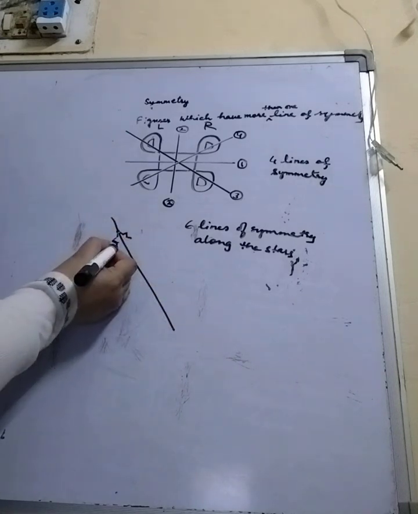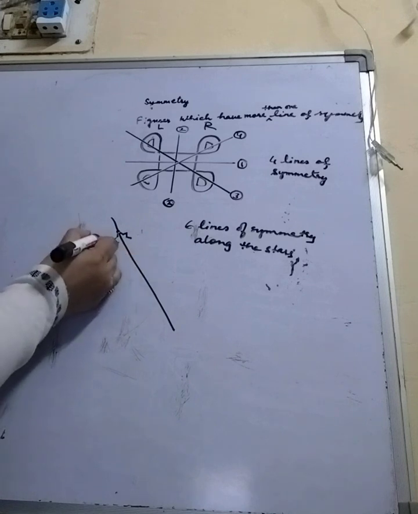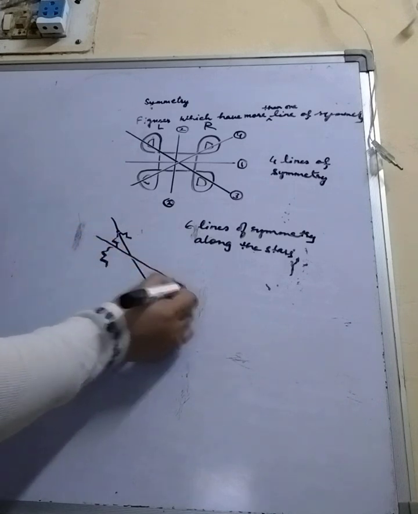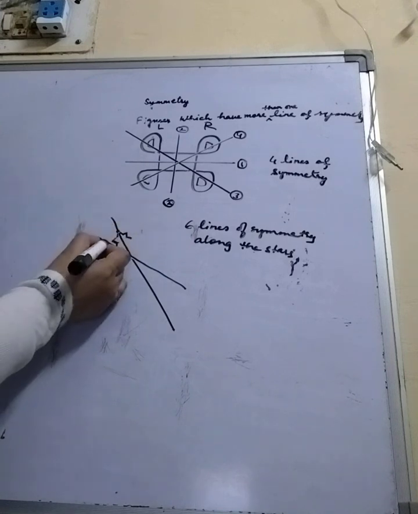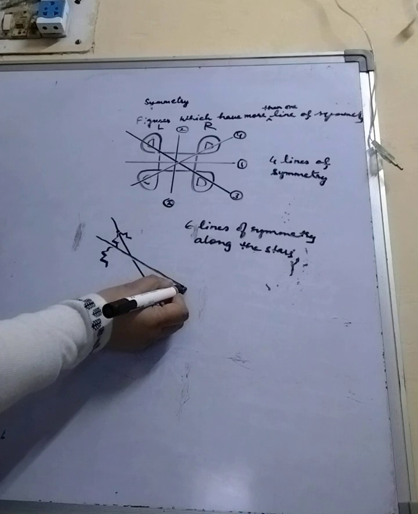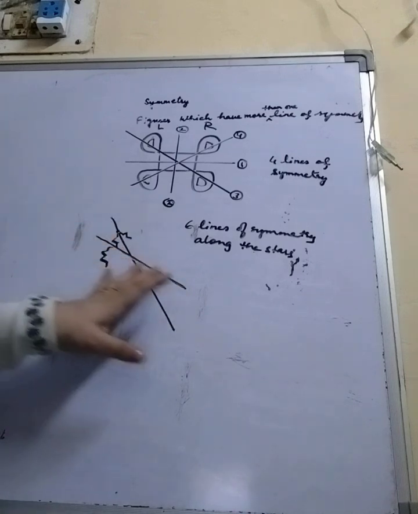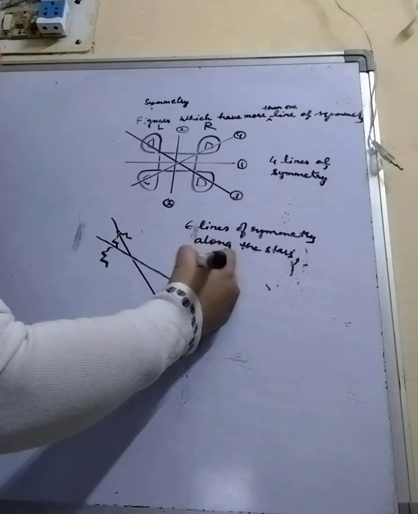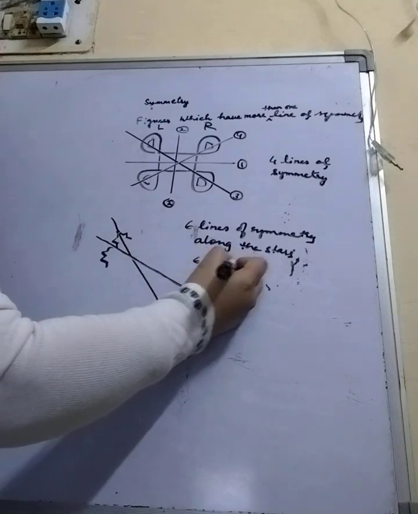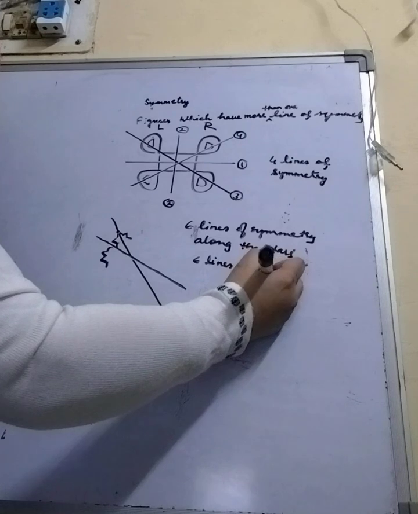You have a line of symmetry, and then there are 6 attached. There is a point between 2 stars, so one line would also be drawn along that point, so that would also be a line of symmetry. So there are also 6 more lines of symmetry